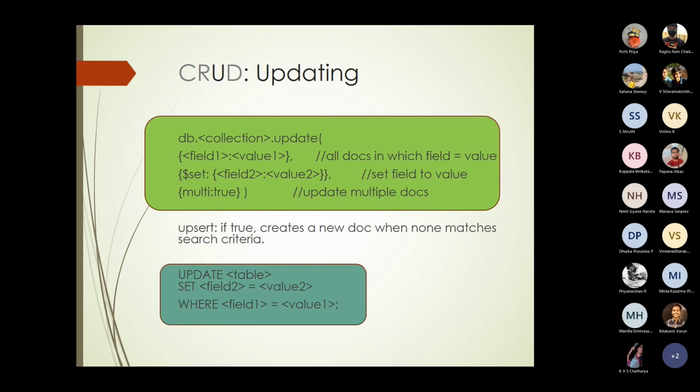So in that case, that can be updated with this mechanism. I hope you have copied that.